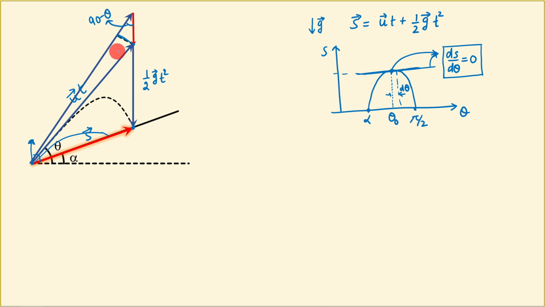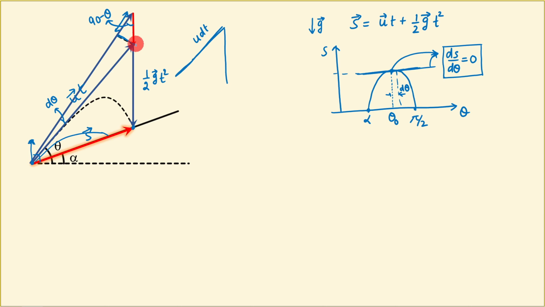So let me draw this small triangle separately. Since this angle d theta is very small, we can approximately say that this length and this length are the same. So this length is going to be the change part. Since this whole vector was equal to ut and we are not changing u, this length is going to be equal to u times the change in the value of time. So this part of the length is going to be equal to u dt. Let me make this diagram a little bigger.